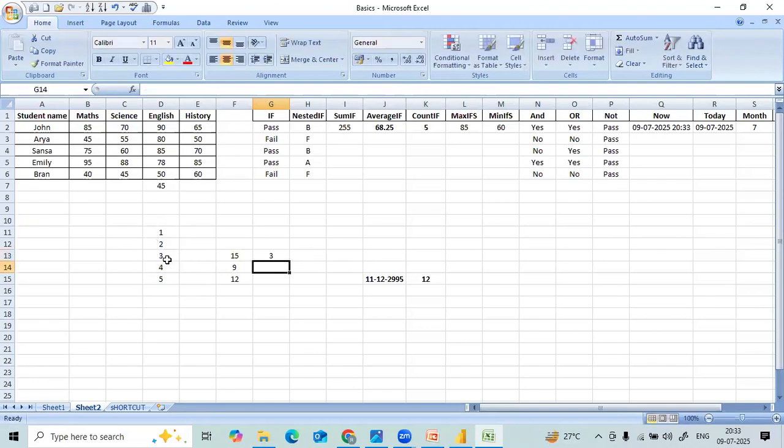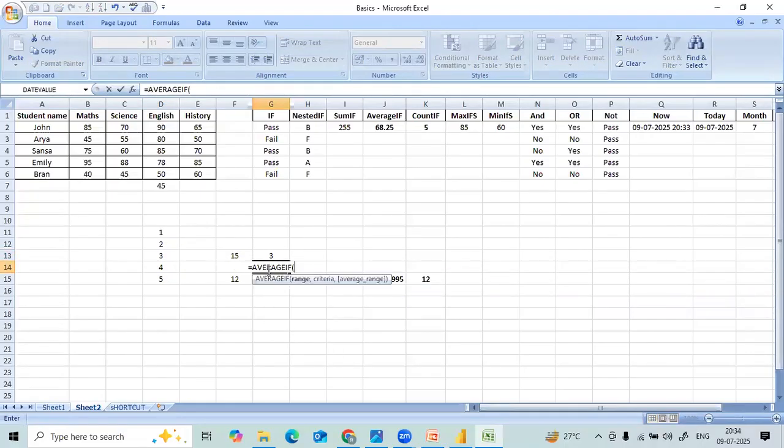You'll be getting an average. Okay, 1 plus 2 plus 3 plus 4 plus 5 is 15, divided by 5 is 3. The average that you're getting is 3. Okay, fine. But now I only want the average for those data points where the condition should be greater than 3. That means equals to